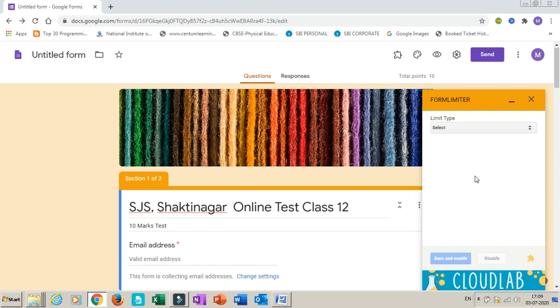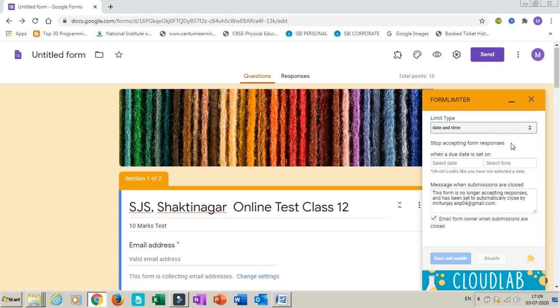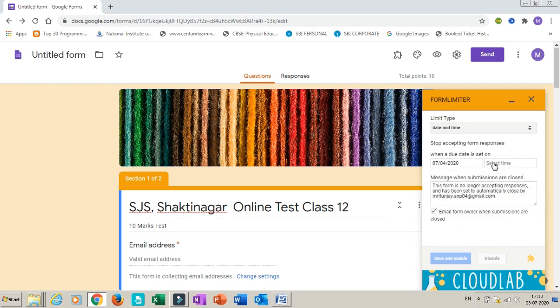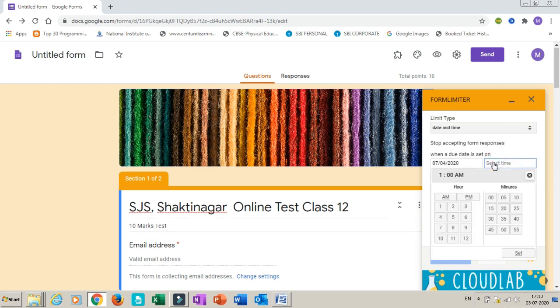So I will, for example, set the date. For example, the test is on 4th July on Saturday. The exam will start at 8 o'clock and it should end at 8:30. 8:30 am. Set.